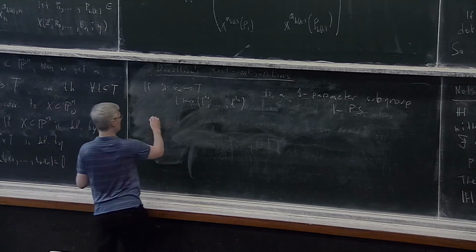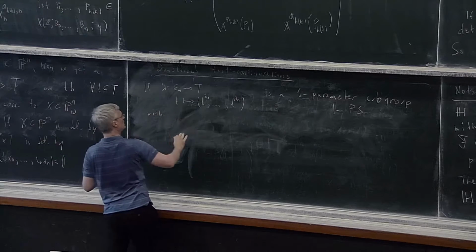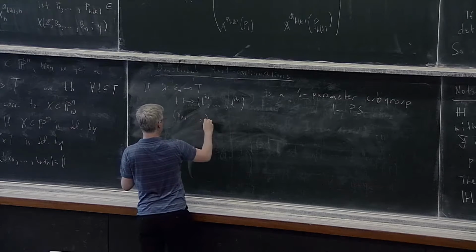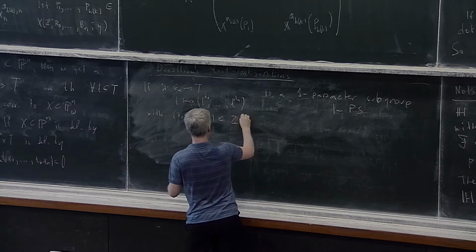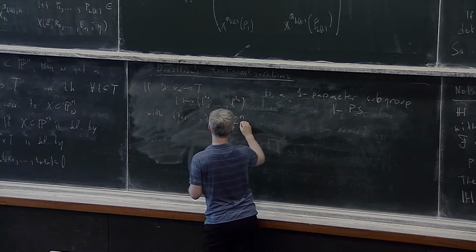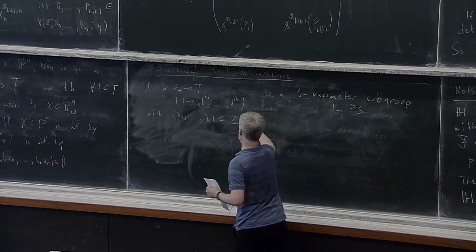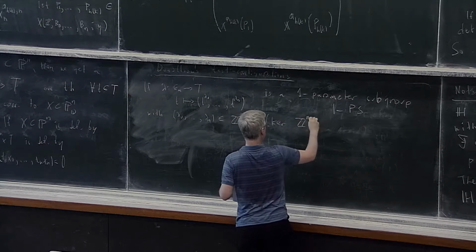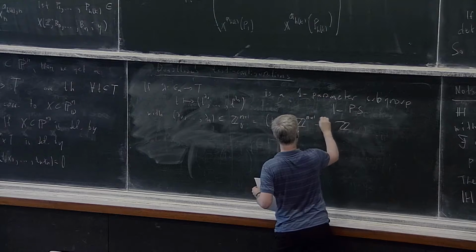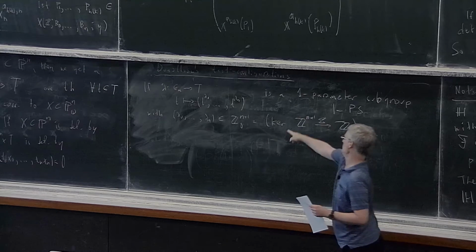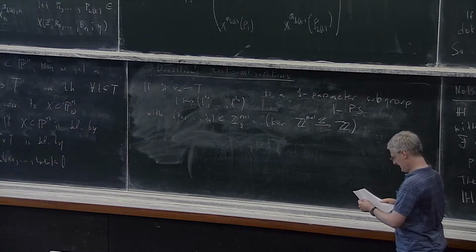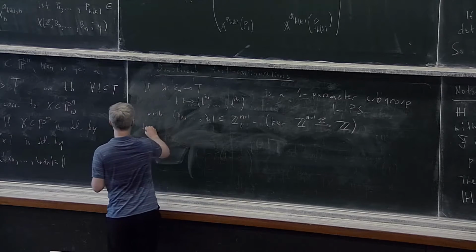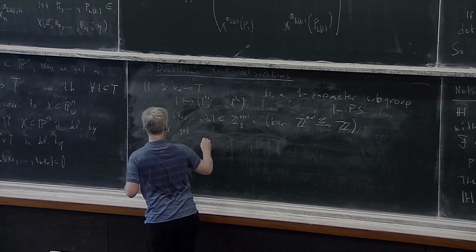So for this to work, to satisfy this condition, you need that this n plus 1 tuple has sum 0. So I will put a 0 here when I take this n plus 1 tuple. This is just the kernel of the map from Z^(n+1) to Z, where I take the sum of all the coordinates. The sum should be 0 here. So then, if we have this, we get an even smaller family,